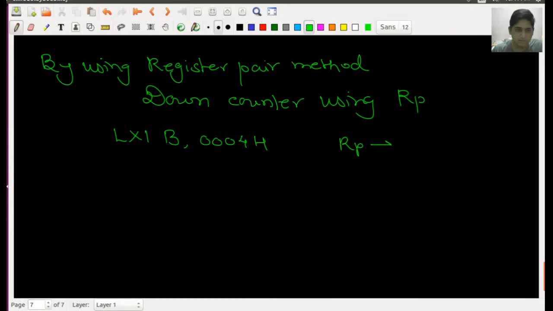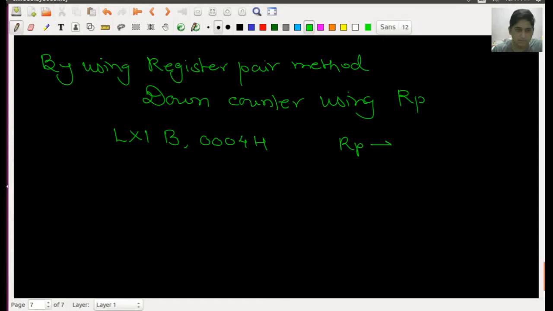Now consider that I am giving the instruction DCX B to decrement this register pair. But here I cannot put the condition of JNZ because it is a 16-bit value. You know that if I decrease this value, it will become 0003H.